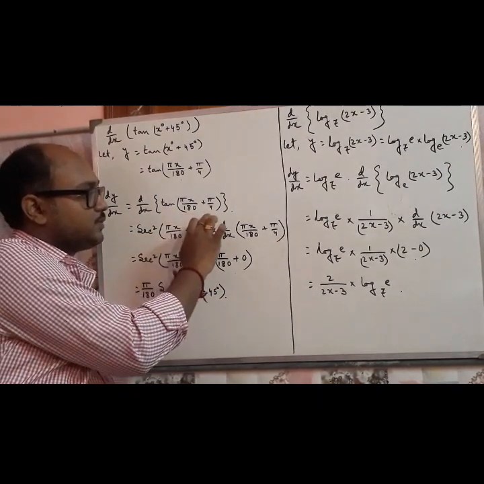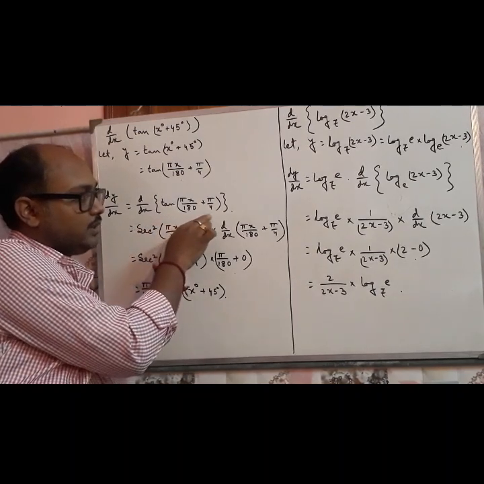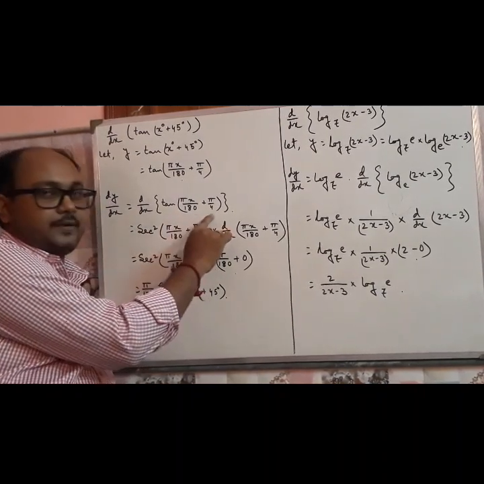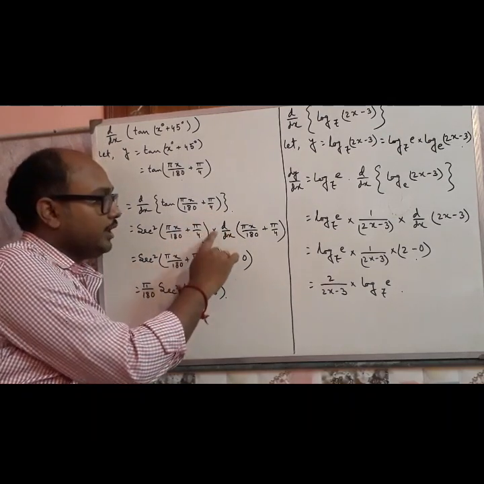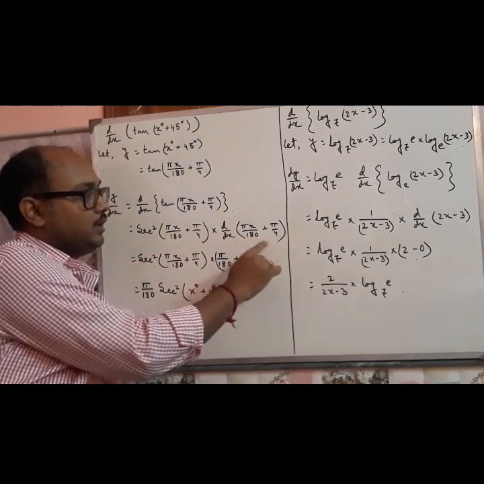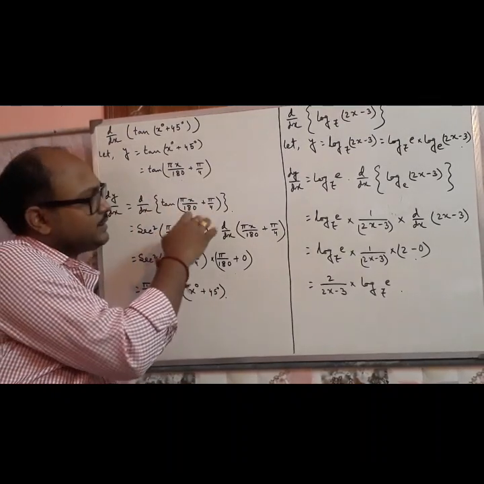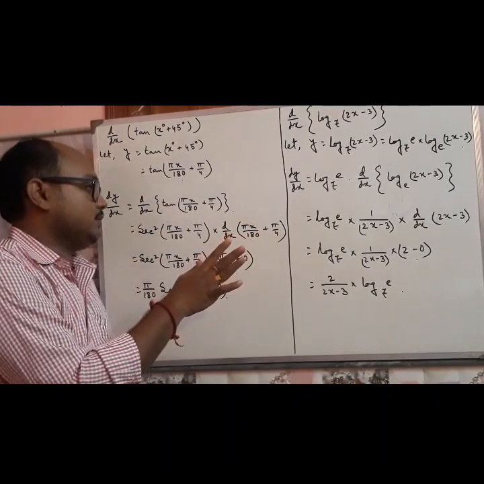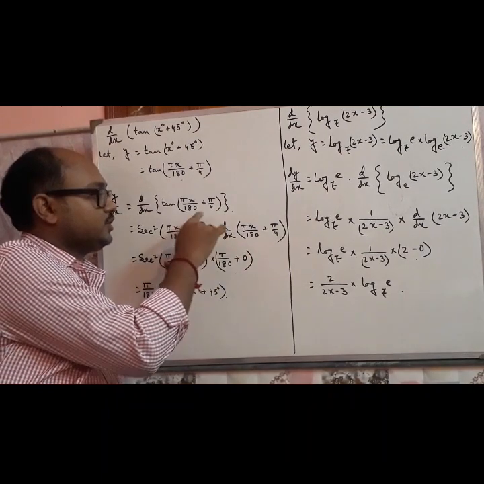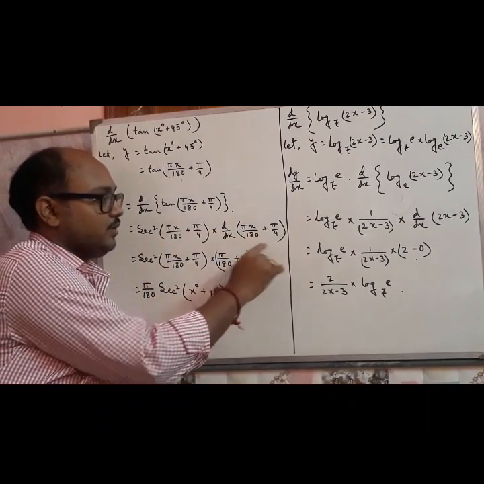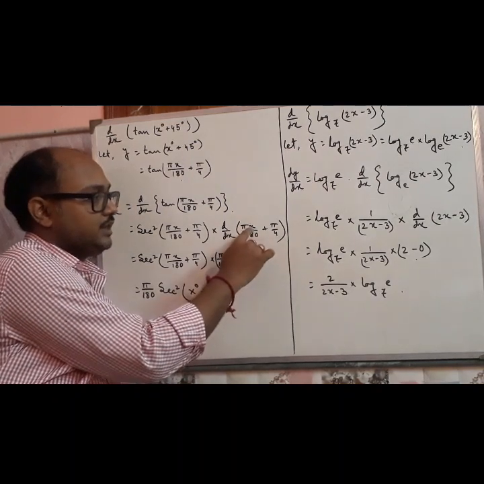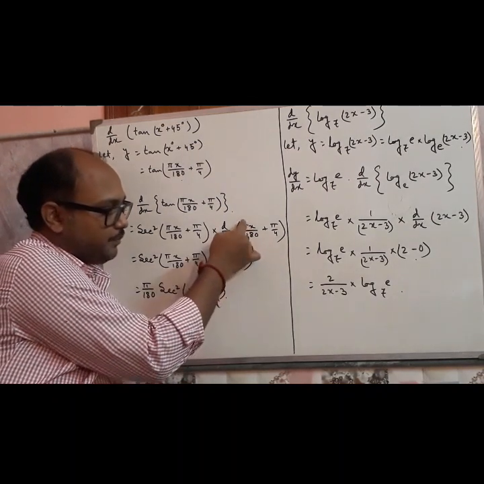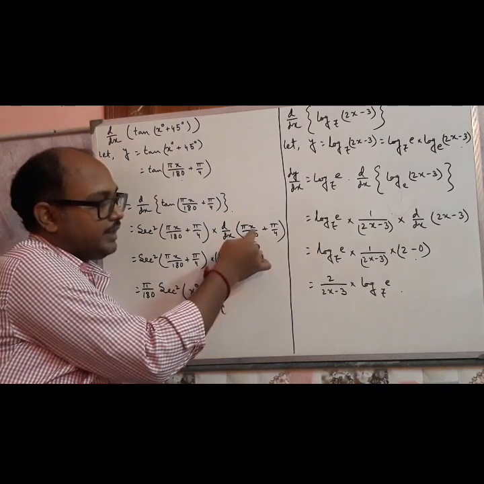Now this part, you are moving your finger like this. This is not x but a function of x, so into the derivative of this part. If it is only x, then leave the matter, but otherwise into d/dx of this part. Then again you have to do the derivation of this one. What is the derivative of pi by 180 into x?